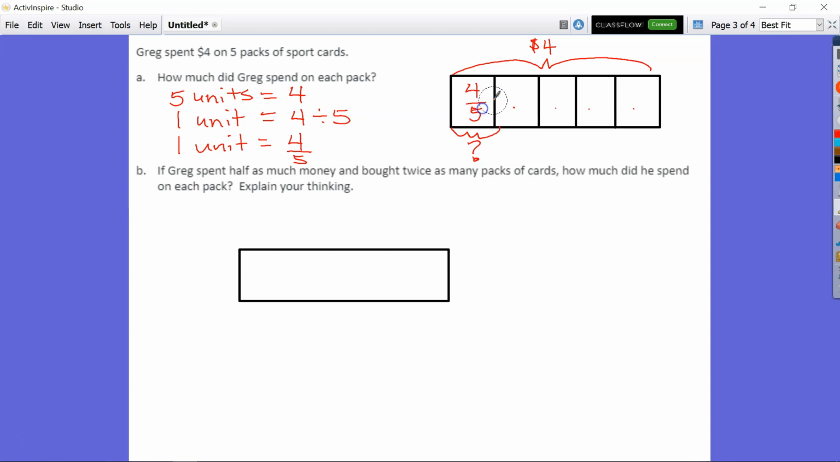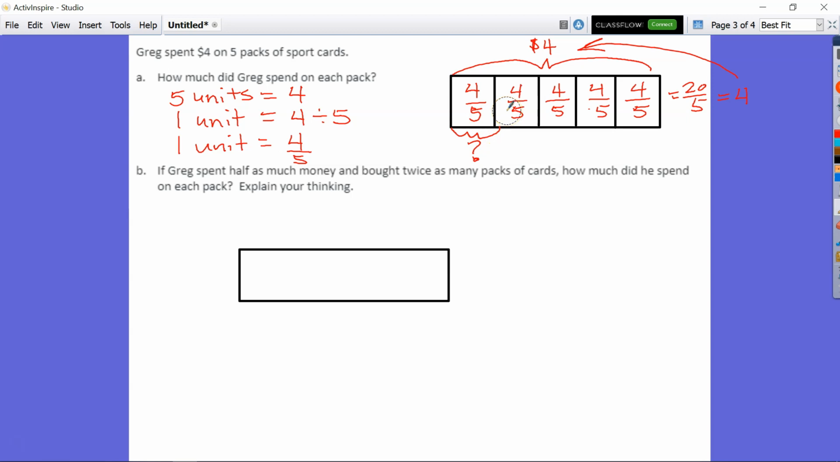So let's see. 4/5 of a dollar, 4/5 of a dollar, 4/5 of a dollar, 4/5 of a dollar, and 4/5 of a dollar. So that would be 1, 2, 3, 4, 5. That's 4, 8, 12, 16, 20 fifths of a dollar for the total, which is equal to our 4. Right? So we know that that's accurate. So now we have to say, well, how much